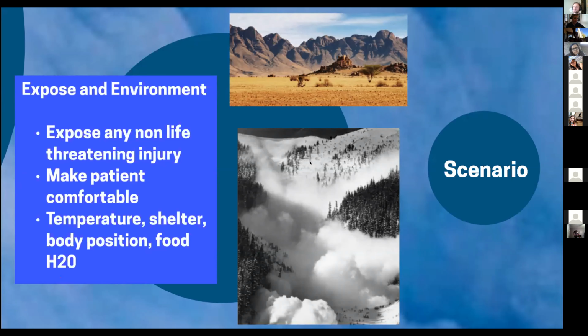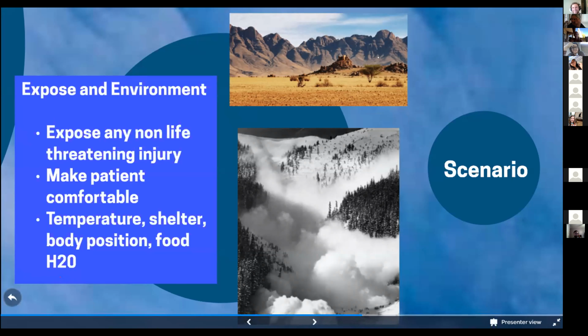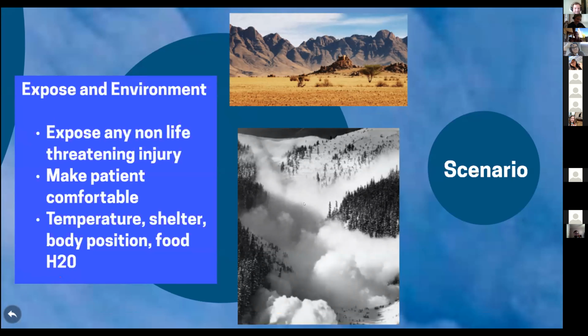So, to answer your question more succinctly, from the scene size up to initiating patient contact in a more critical physical traumatic injury, it should be probably less than a minute, as long as your PPE is more or less ready to go. And then the medical situation, more than a minute. Hopefully that made sense. Yeah, it did. Thank you. Yeah, great question.